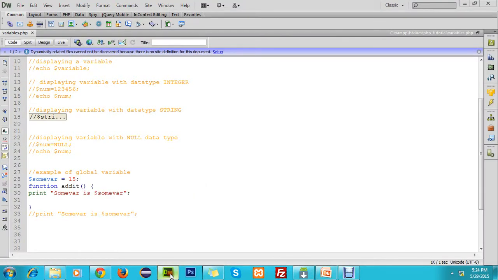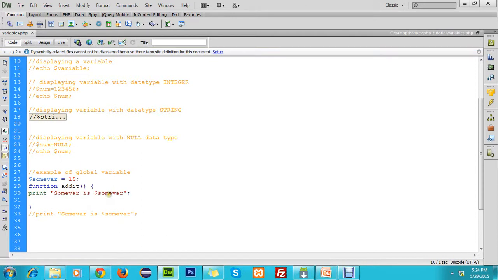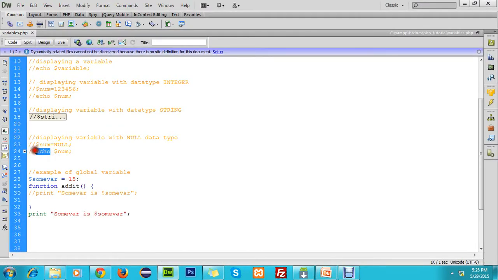See, we are not getting any results. It can give an error if we are calling these variables inside this function. But now, when we call this outside the function, you can see the result. Don't get confused that earlier I used the echo statement and now I am using print. In PHP, we all know that echo and print have the same functionality. Both are used for displaying the results.